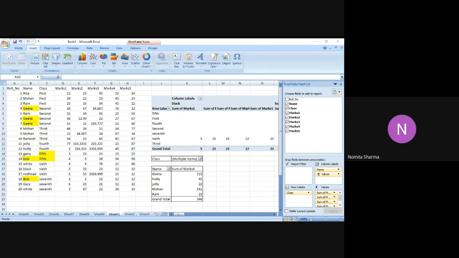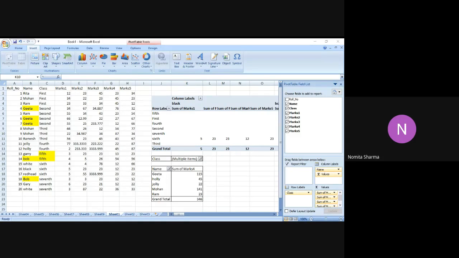So I'll go further. I'll just tell you one small thing, and then I'll come to the attendance part. You guys can practice what things we have done, and in the next class I'll give you a question for this. So let me go back to my screen and let me just check. Yes, it's visible.